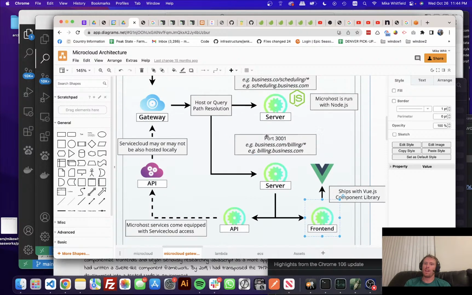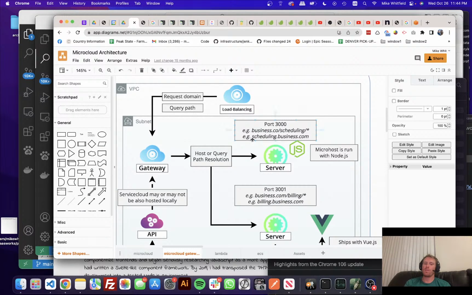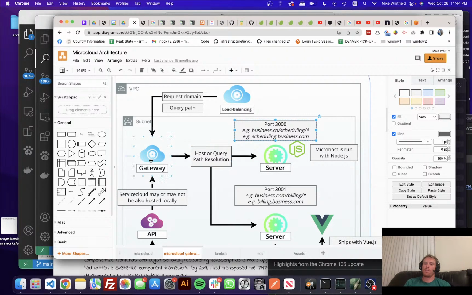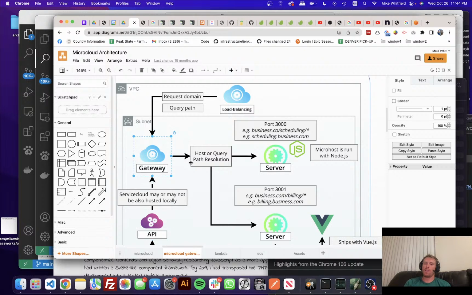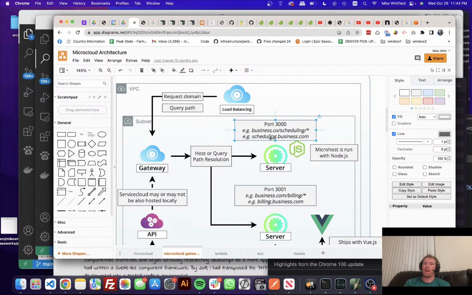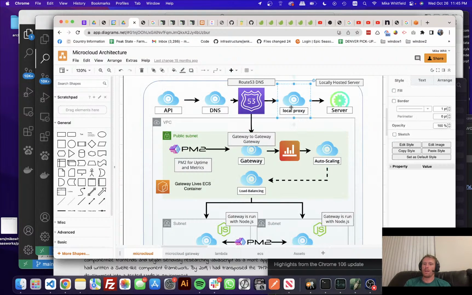So the unit of work today is to get at this picture right here. We want to be able to hit that gateway, and then path out to the respective service. And that's one part. Another piece is this idea of the local proxy, which for the moment I've been accomplishing